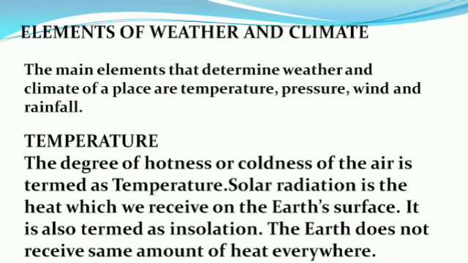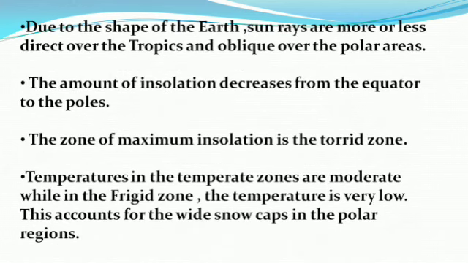The Earth does not receive the same amount of heat everywhere. Due to the shape of the earth, sun's rays are more or less direct over the tropics and oblique over the polar areas. The amount of insolation decreases from the equator to the poles. The zone of maximum insolation is the torrid